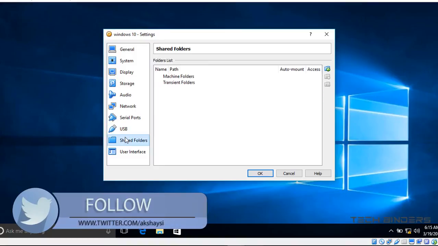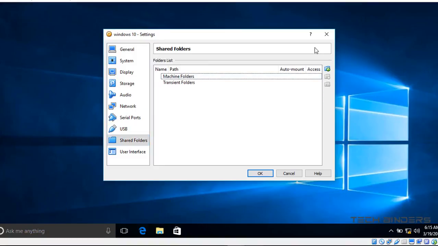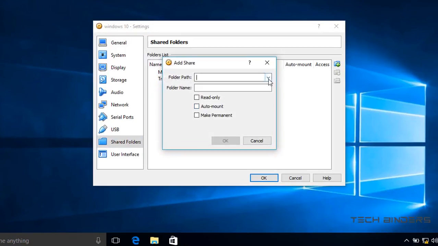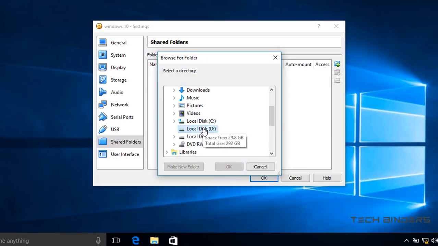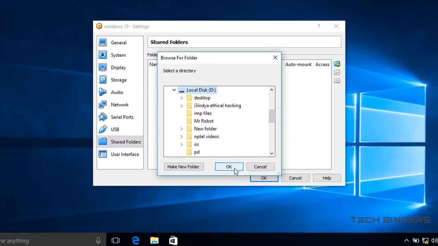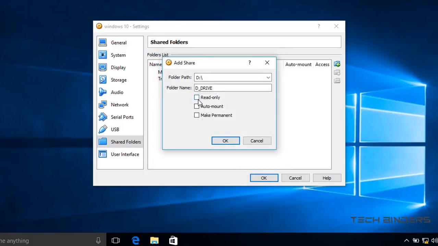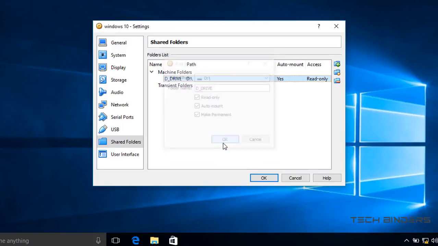This is important, called share folder. If you want to share some files in both the windows, then use this. Just give the directory or the drive which you want to share in both the drives and click on OK, and just tick mark everything: read only, auto mount, make permanent. So when next time you restart your system, it will not be going anywhere